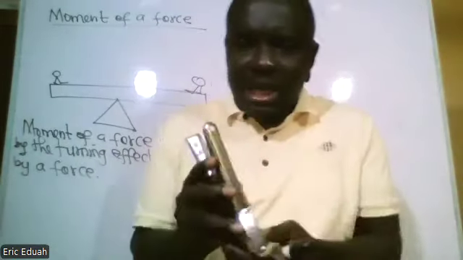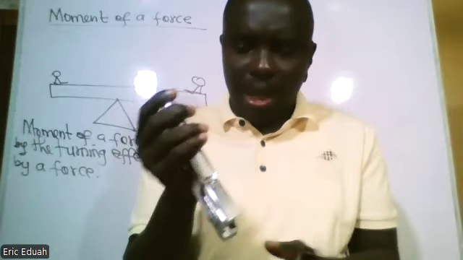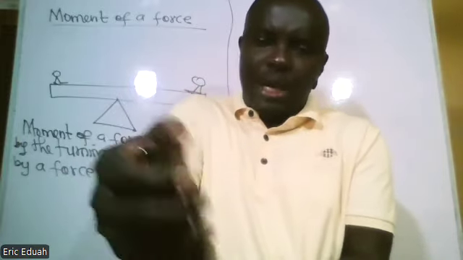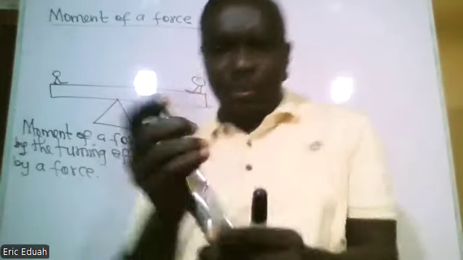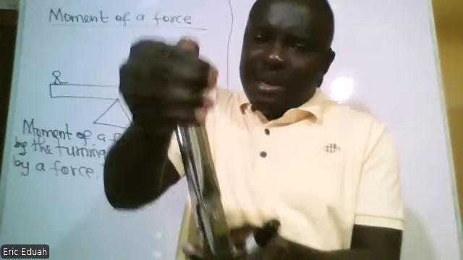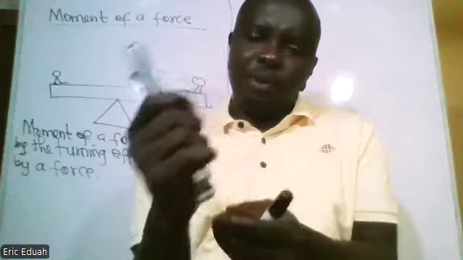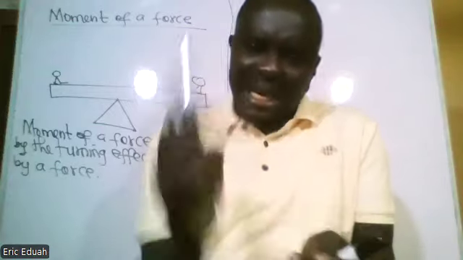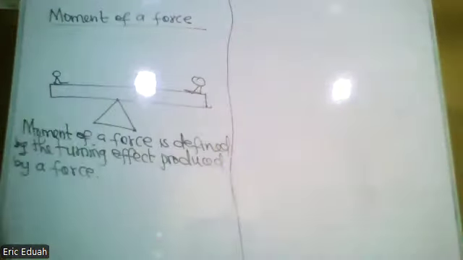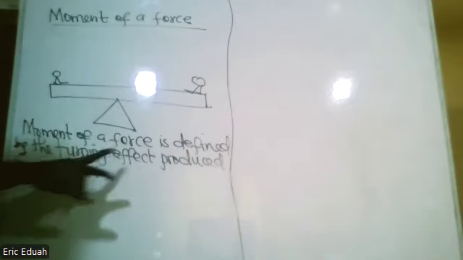If you are using a crowbar, and you hinge it to a nail and you want to turn, you must always hold the outer end and then apply the force. If you hold a point close to the nail, turning becomes difficult. Is that okay? So the moment of a force is actually the turning effect